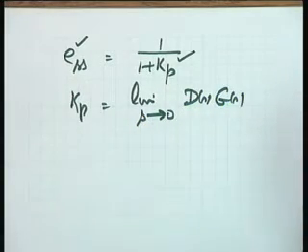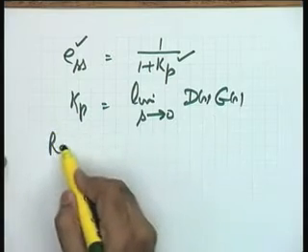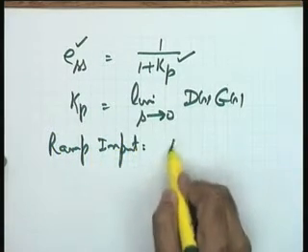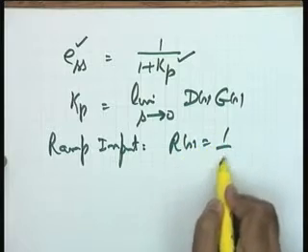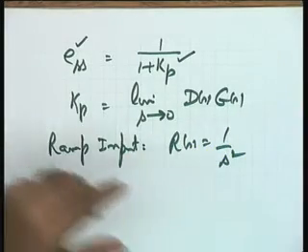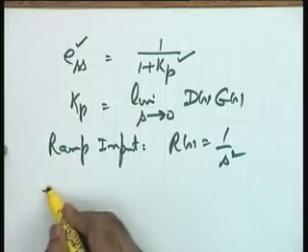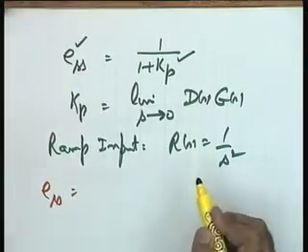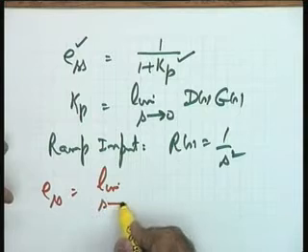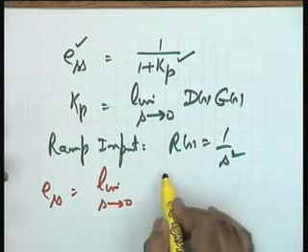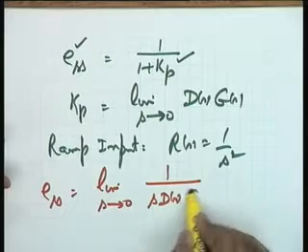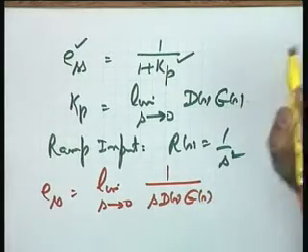Go to the next input. I go to the ramp input now. The ramp input is, as you know, Rs equal to 1 over s squared. Please help me. Give me the value of steady state error for the ramp input. ESS, as you can see from the formula you have, I am directly putting this result, limit s tends to 0, it is 1 over s ds/gs. Please check whether this is okay.